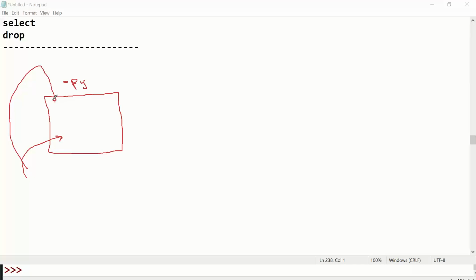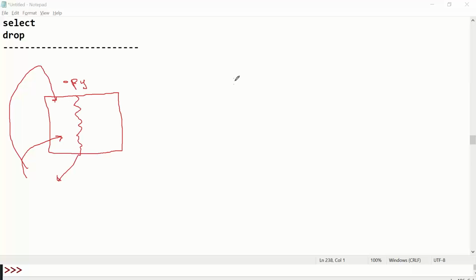Who is the person executing your Python code? Interpreter. So the interpreter is the one executing our Python code. Very good. All the logic is executed by the interpreter, and the interpreter gives the result.